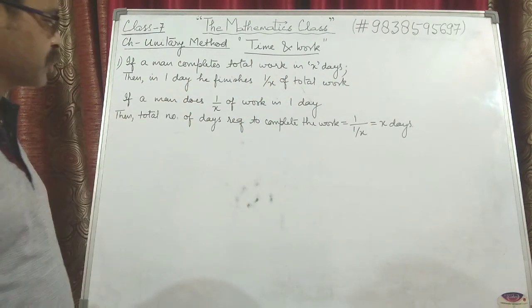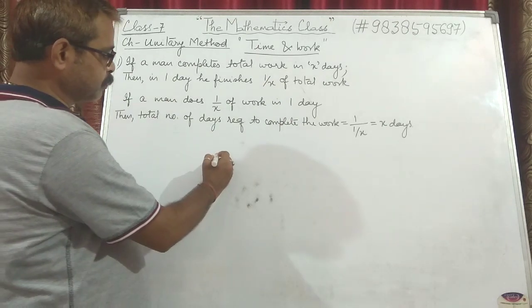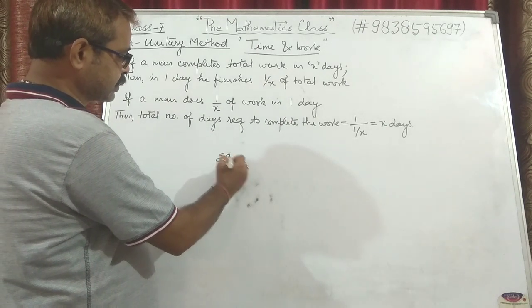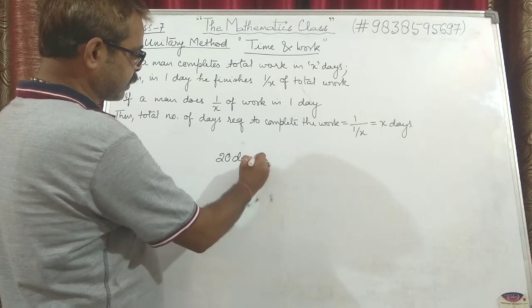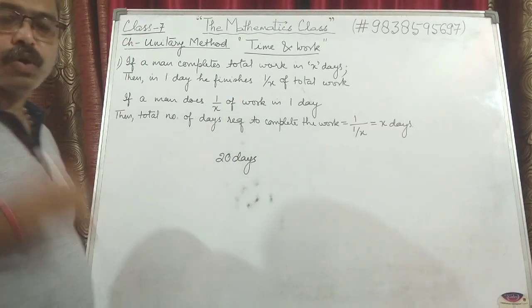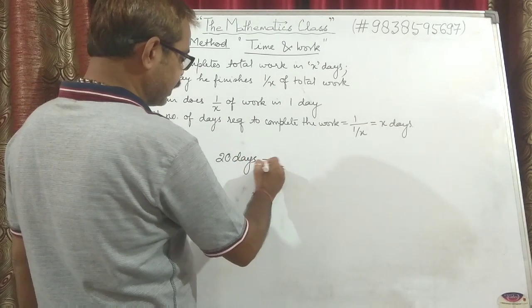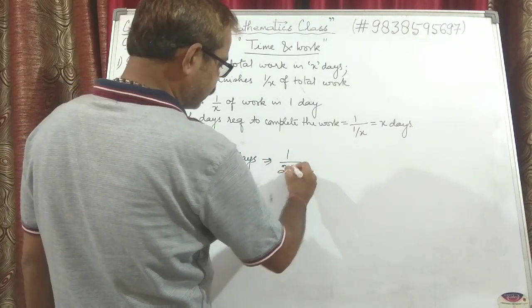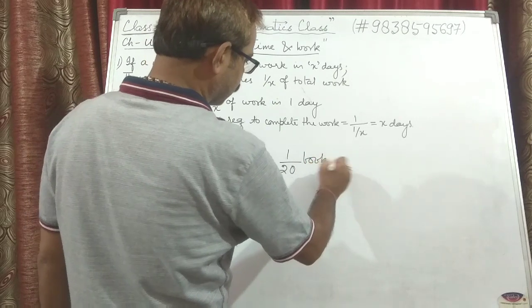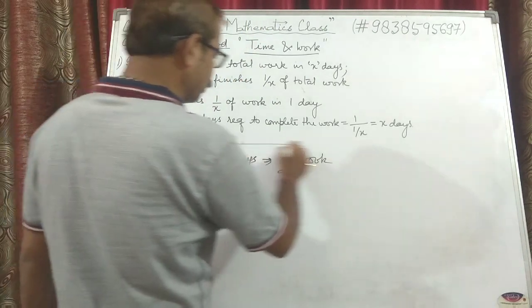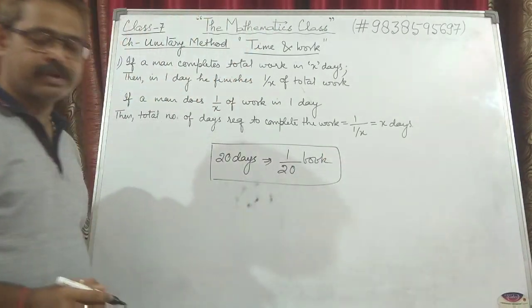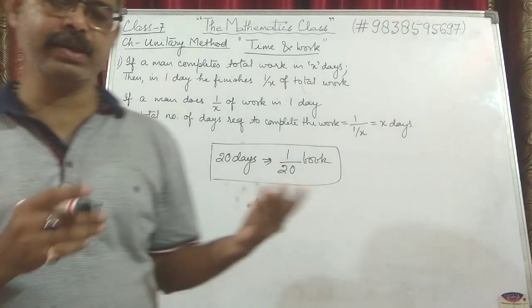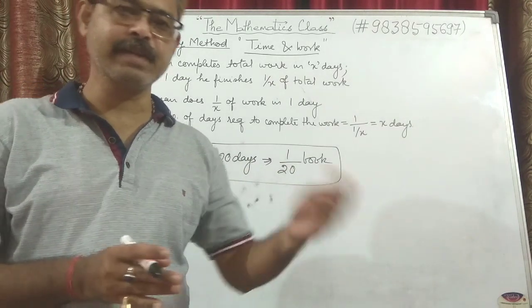the total work. Suppose I say I can write a book in 20 days. So on an average we can say it means in one day I can write 1/20th of the book. This is mathematically, though it is not practical. Someday I can write maybe 10 pages, 5 pages or whatever,